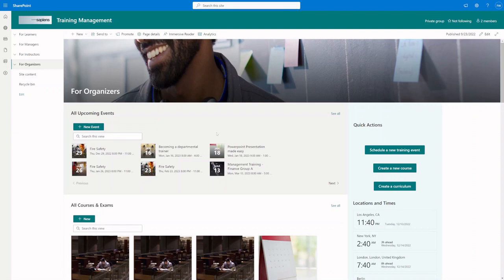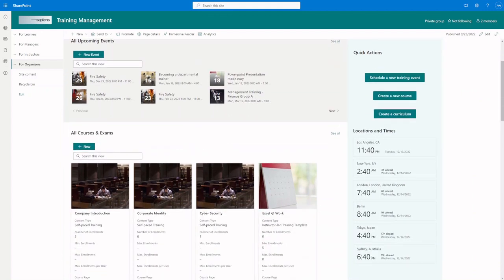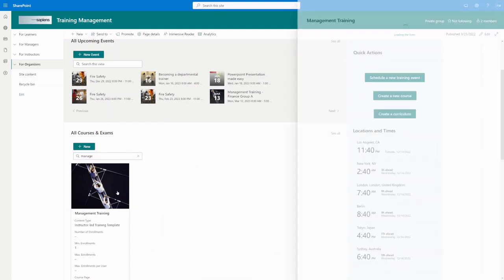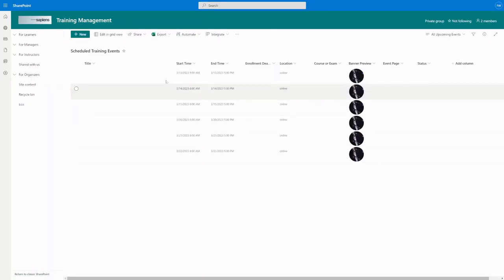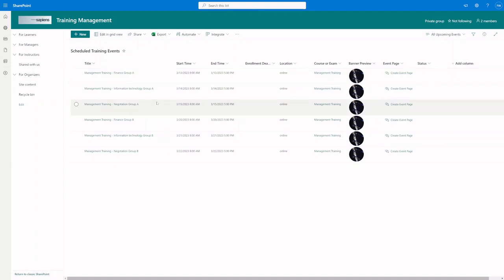So here we can see one of our employee training management sites. Same, of course, also works for event management. And in this case, I already prepared a course and a few events. So all of the events I have created are based on the management training course. If you open the course and go to show scheduled training events, we can see that I have scheduled 6 events. I have finance, information technology, negotiations, and I have that split up in group A and group B,